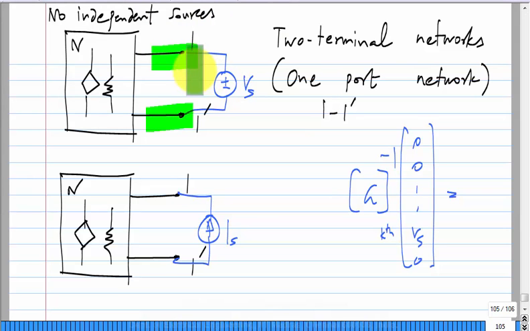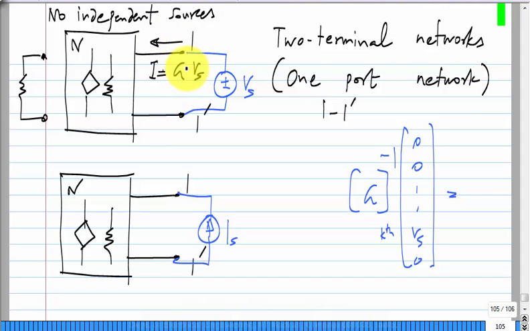A resistance. Essentially what we do is, let's say we have a voltage source here, then we can look at how much current flows there. That will obviously be proportional to Vs, right? Some current I will flow through this network and that will be proportional to Vs, and the proportionality constant is a conductance, not a resistance. Okay. So you can characterize it by the conductance G between these 2 terminals. That single number is enough to characterize it.